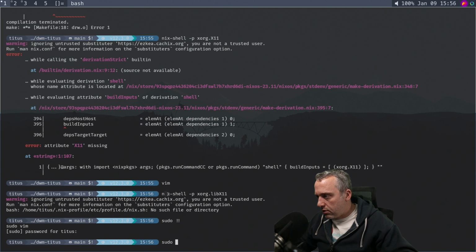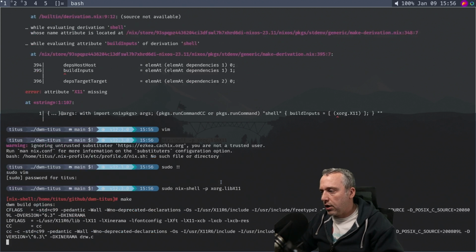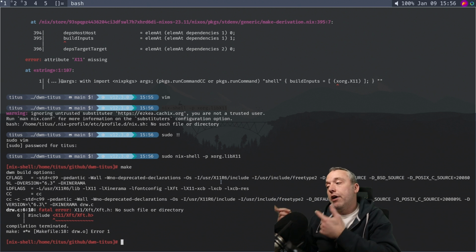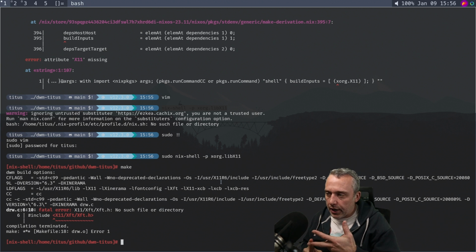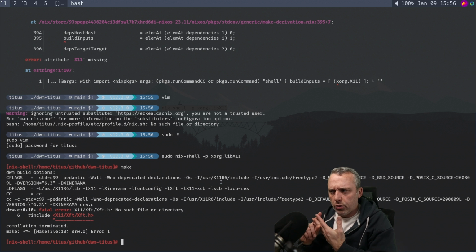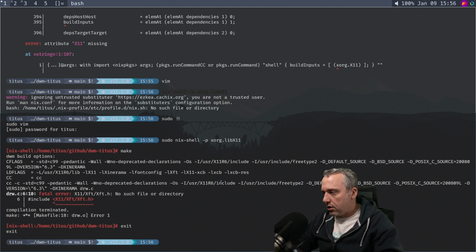geez, what happened there? Yeah, so then it would get into here, and then if you do a make, it'd be xft. That was another dependency. We have the x11 library, so you would add xorg.lib.xft now, and then you probably need xinerama. I think those are the only 3 dependencies for this. So let's exit this development shell